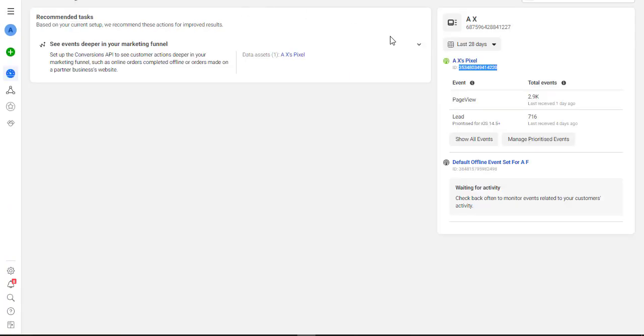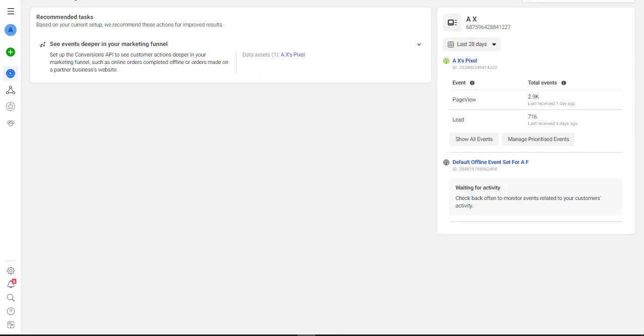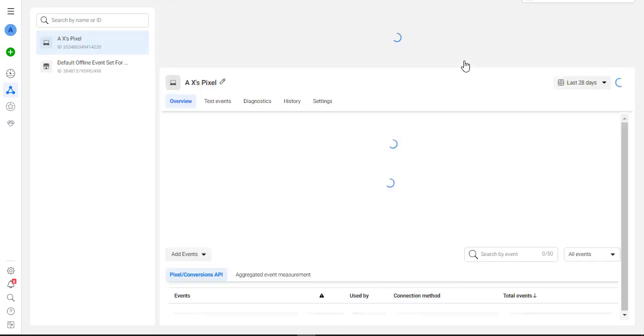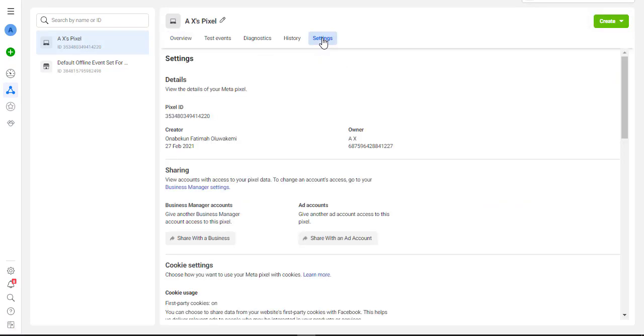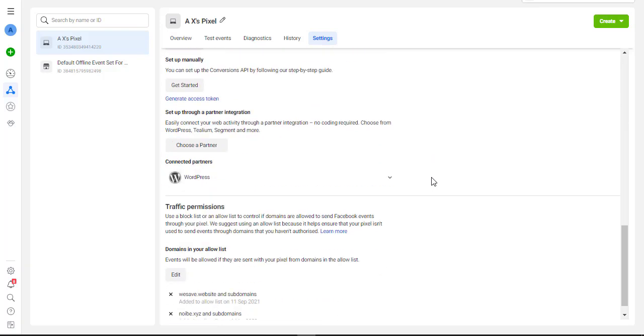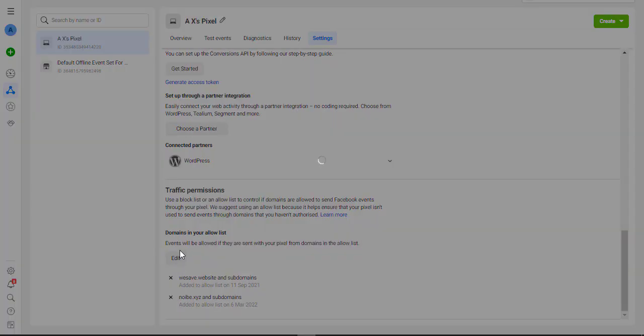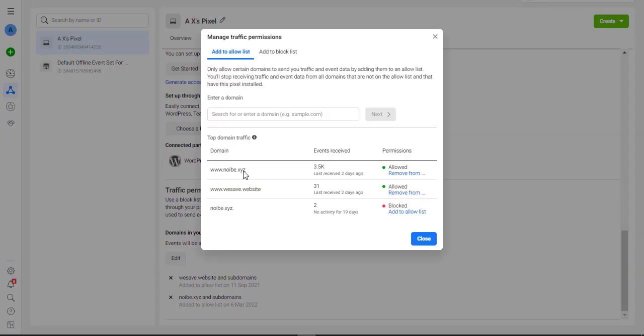So the next thing we want to do is we want to go back to our events manager overview. Now we click on this. First thing, you come to your settings. You add the domain here as well. The domain you just inserted,